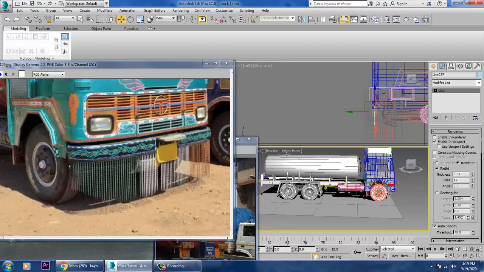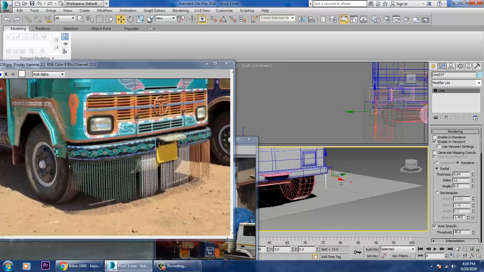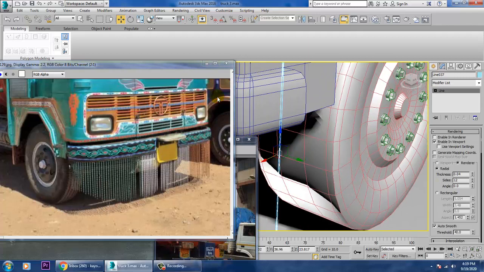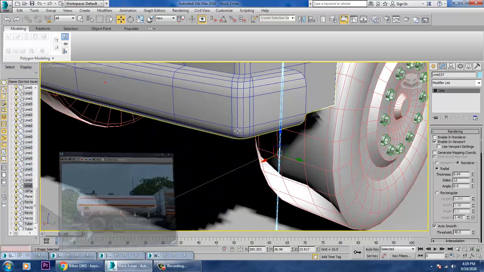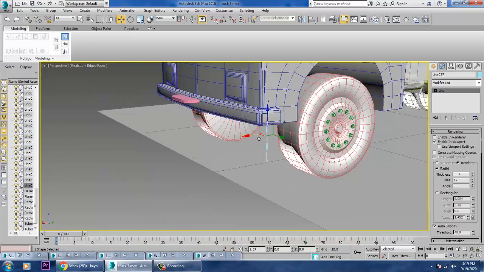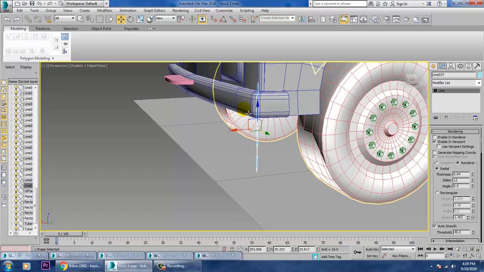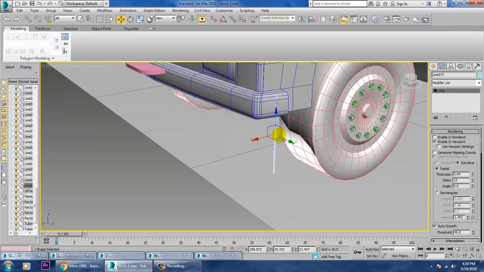Just push this further over here. We'll do it by our way, so we won't copy the whole thing. So just push this down. This is just for a design.